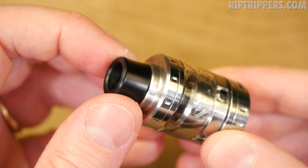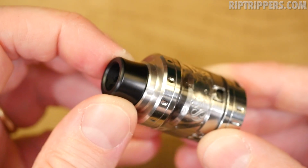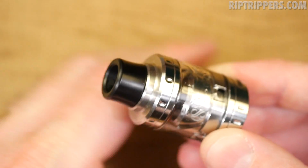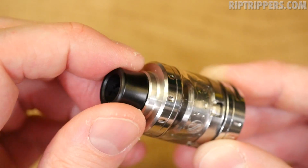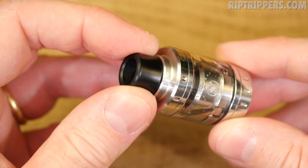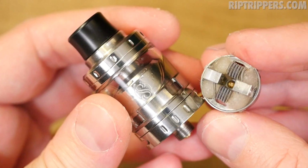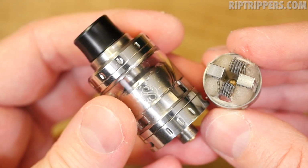Next, this Delrin drip tip. This has got to be the most comfortable stock Delrin drip tip that I've ever used. Now, all that's going to be subjective. All these pros and all these cons are going to be subjective, but I got to mention it. This drip tip is bomb diggity. Also, since it's a standard 510 drip tip, you can use your preferred standard 510 drip tips if you please. The fact that this thing comes with 2 decks makes it so versatile,